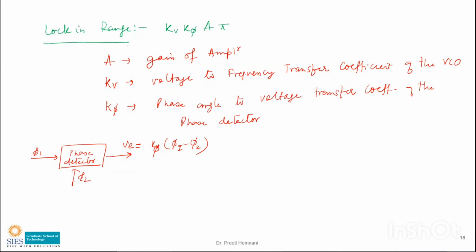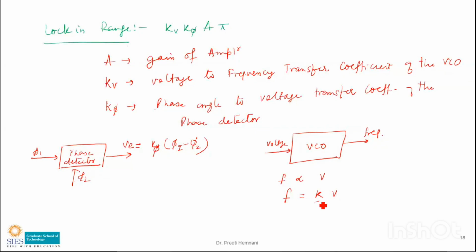Okay. Right. So this is the phase detector. That's why the name is K phi. Next, when I say VCO, what is the VCO? The input of the VCO is voltage and the output is frequency. So whenever we write the frequency here, the change in frequency at the output is proportional to VC, the input voltage. So when I write F here, it will equal some constant times V, right?